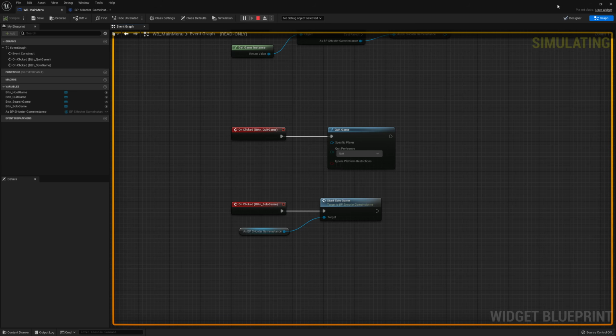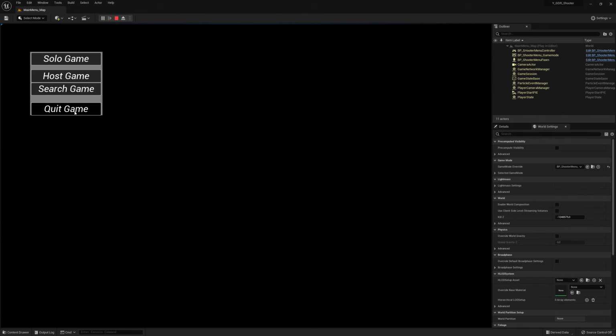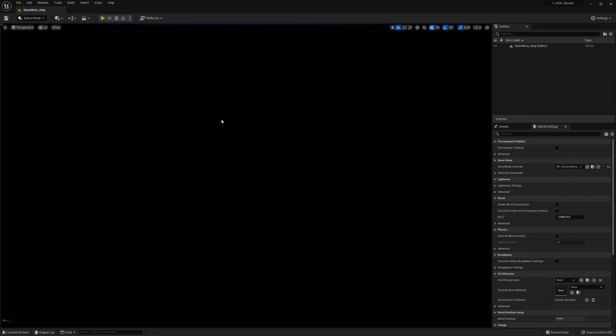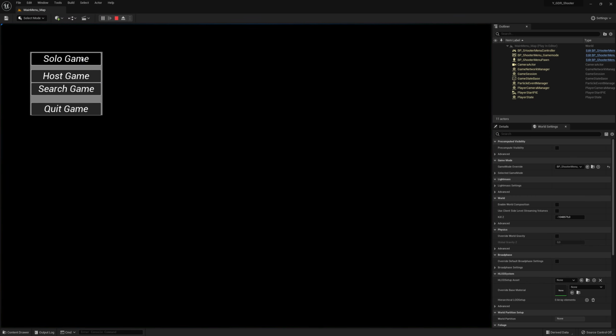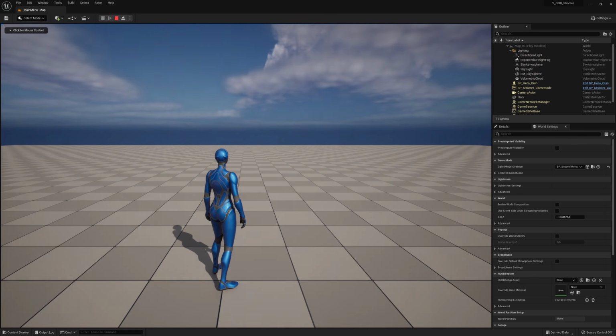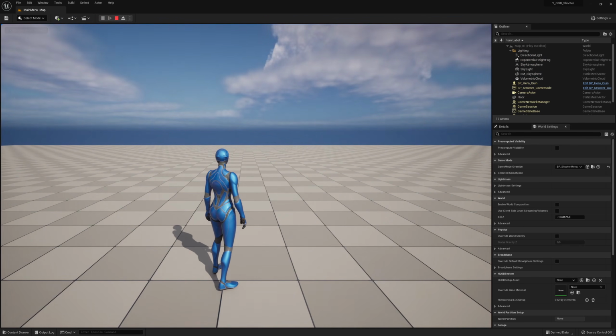So let's hit the play button and we are in the main menu. We can quit the game and it will stop. So that's working. And now if we hit solo, we are actually in the game, but we cannot move. So because we set the input mode to UI only on our menu controller, we have to make sure that